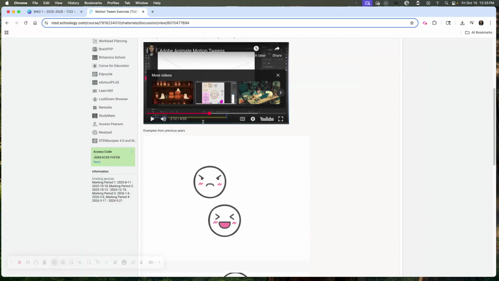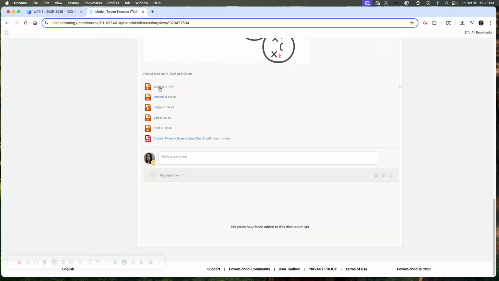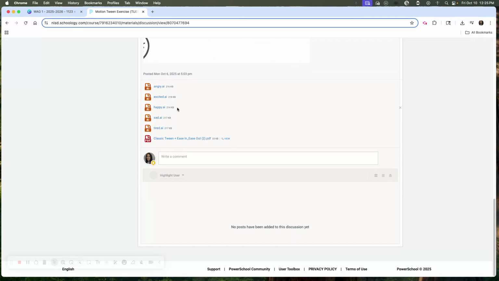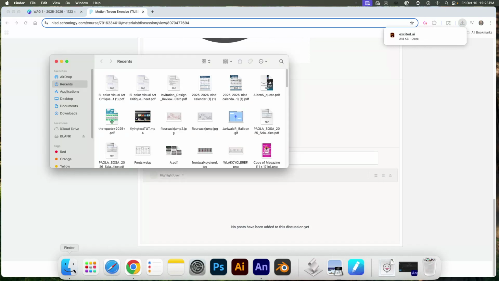You want to scroll all the way to the bottom and download one of these minimum. You can download all of them if you wanted to. What I've done in the past is whatever you're feeling today, this morning, this afternoon, pick that one. So I'm going to pick this one here, and you want to drag it over to your